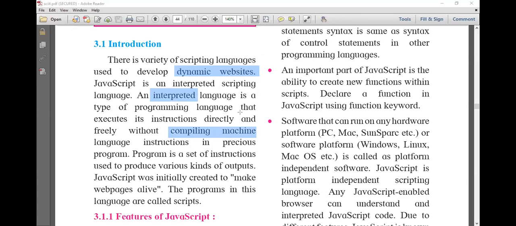We don't require a compiler or interpreter to execute any instructions in a program. This is the second point we have studied here, right?